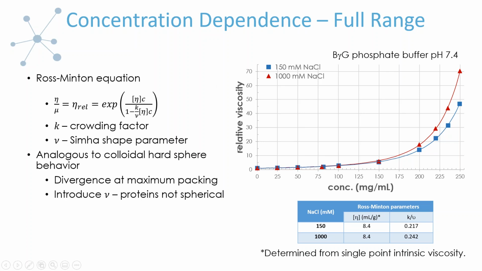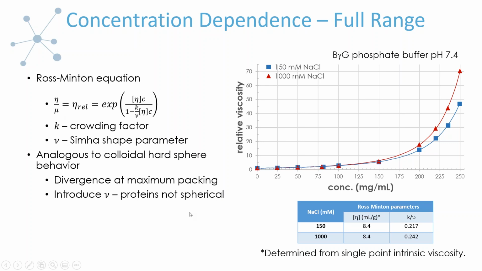And relative viscosity on its own is a great way to compare data, particularly when you're changing something about the buffer. So if you think about proteins, you oftentimes adjust buffer to adjust behavior of your sample. And by behavior, I mean how the proteins are interacting. And so to truly see if you've just shifted background viscosity by adjusting your buffer, in this case by changing the level of salt, or to see if you are actually changing how the proteins are interacting, it's very important to first look at relative viscosity as a function of concentration. Because the relative viscosity, as we've defined before, is that of the polymer or protein solution divided by the viscosity of the buffer or the solvent.